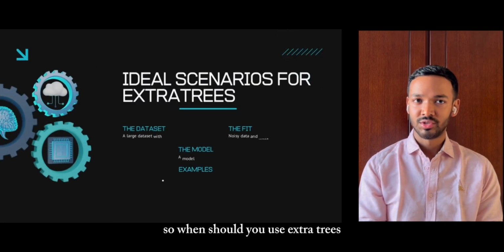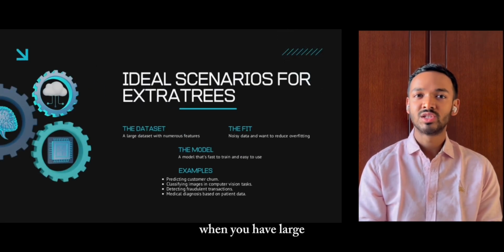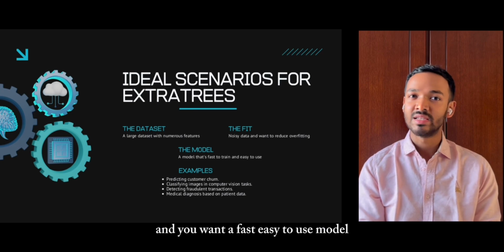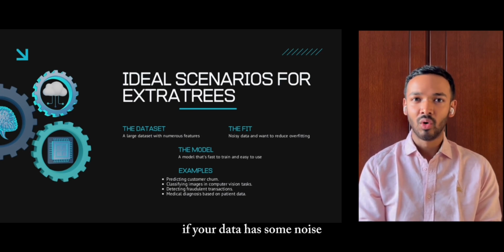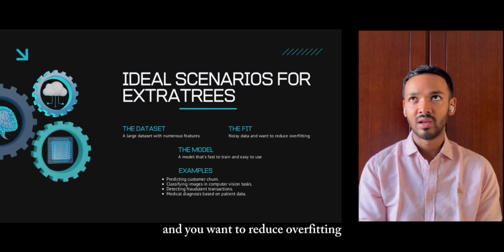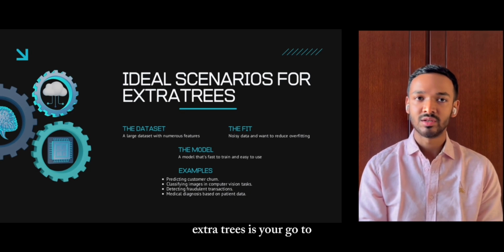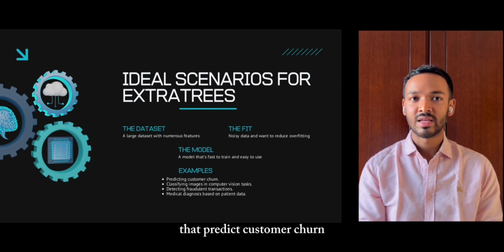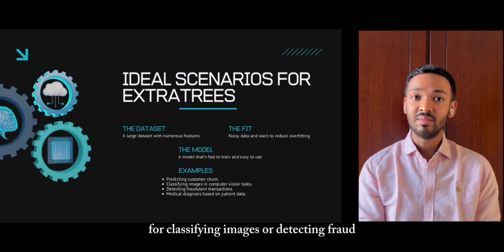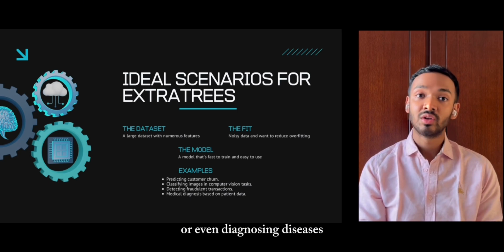So when should you use ExtraTrees? ExtraTrees shines when you have large datasets with lots of features and you want a fast, easy to use model. If your data has some noise, like irrelevant features, and you want to reduce overfitting, ExtraTrees is your go-to. It's perfect for datasets that predict customer churn, for classifying images, detecting fraud, or even diagnosing diseases from medical